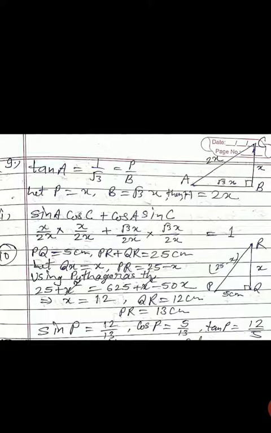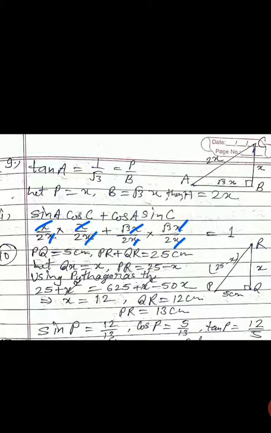So we put this value. Next value is cos A, cos is B upon h. For angle A, base is AB and hypotenuse is AC, so it is root 3x upon 2x. Now the next value is sin C, sin is P upon h, and for angle C, perpendicular is root 3x and hypotenuse is 2x, so it is root 3x upon 2x again. Now solve it. Here x cancels, all these x cancel out. Okay, we write the answer directly. So see, I am solving this.